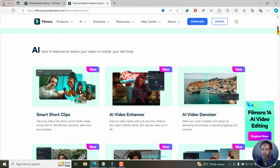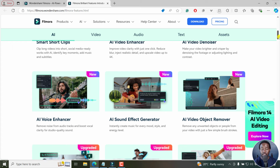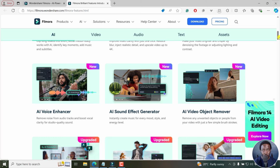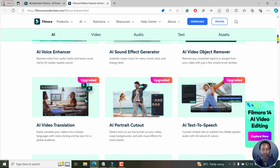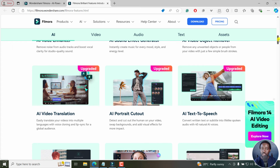Video denoiser to more or less remove the grainy things in your videos. We also have AI voice enhancer. If you recorded your video poorly or the audio was not working really well, you can use the AI voice enhancer. AI sound effect generator, which is a real game changer. If you want the sound for rain, you just type in rain sound or whatever and you get that. AI video object remover was there in an update in Filmora 13, but I believe it's much better than it was back then. And then we have some upgraded features here,